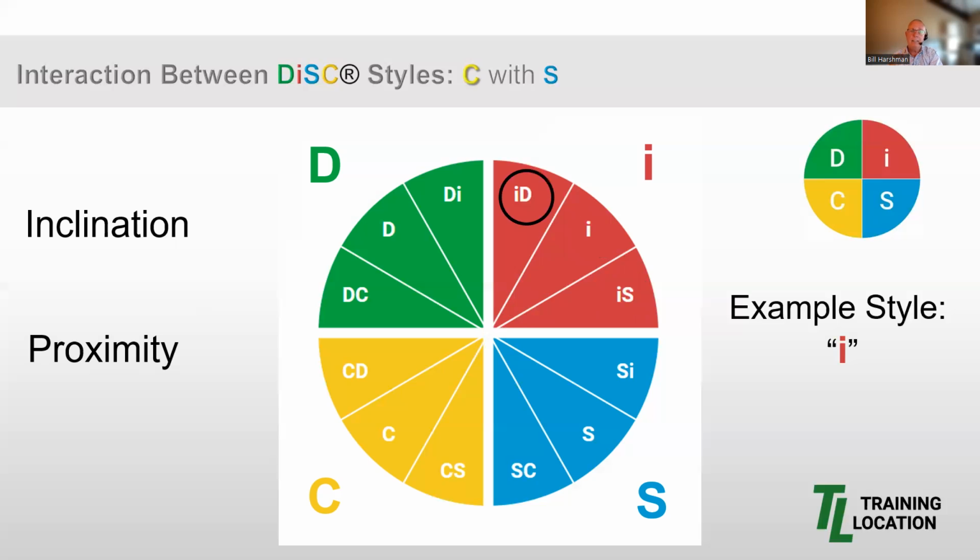Now, the ID primary style, and it's a blended style, is in close proximity to the neighboring D style. People with the ID primary style value taking action, so they tend to focus on moving toward their goals quickly. They like to maintain a fast pace, and they're probably comfortable making decisions on the fly. In addition, they tend to be enthusiastic, and they may come across as high energy people who like to rally others around a common goal. Most likely, they'll maintain an upbeat attitude and bring a genuine optimism to their work.